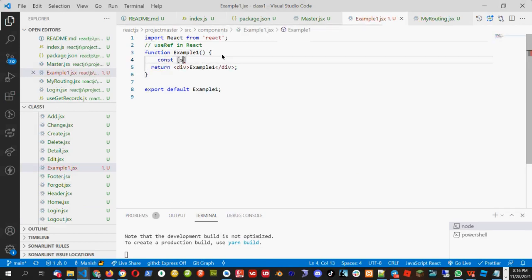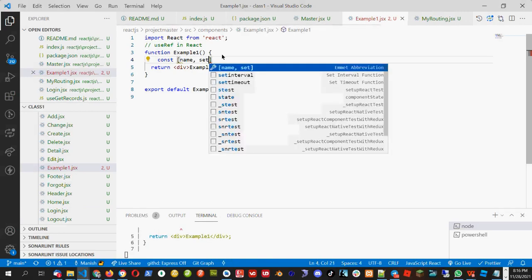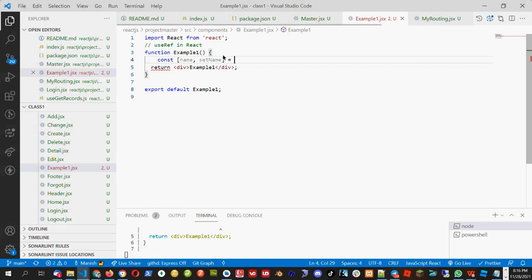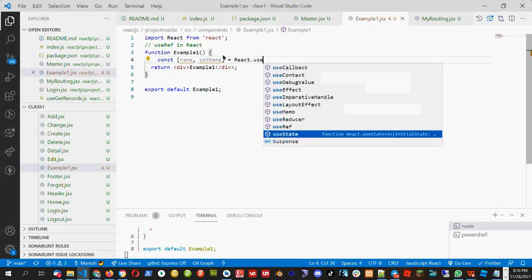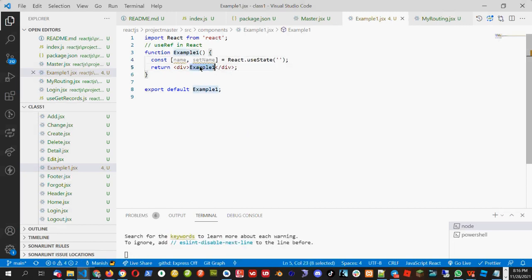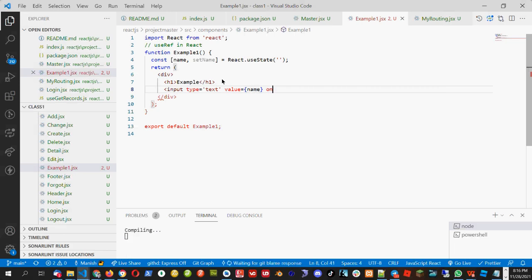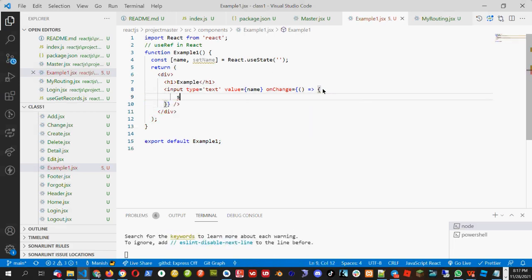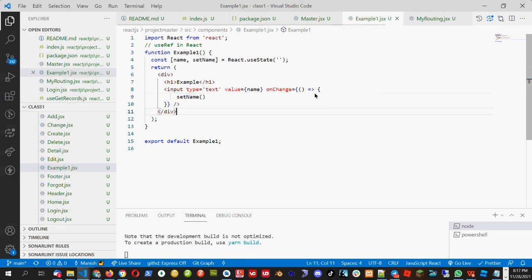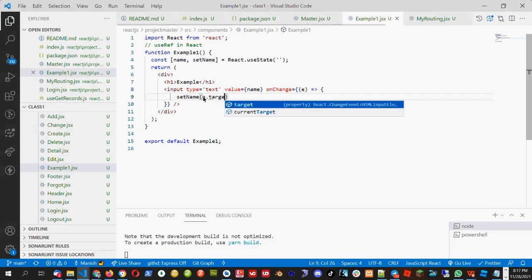So let me first create one state variable. Maybe I can set name and setName. And I'll say React.useState. First I'll create one state, and then I'll create one ref, useRef. Okay. So here I'll create one input box, type equal to text, value equal to name, and onChange equal to, I will update the state variable here. I will say setName is equal to e.target.value,